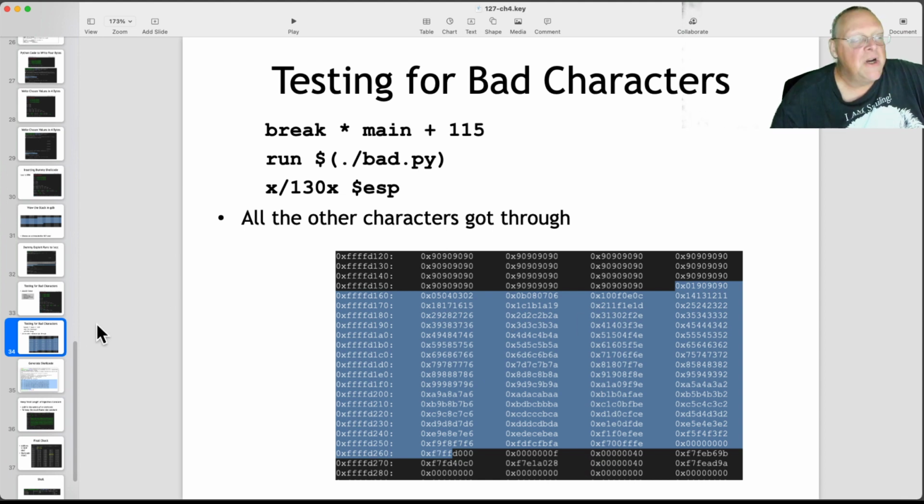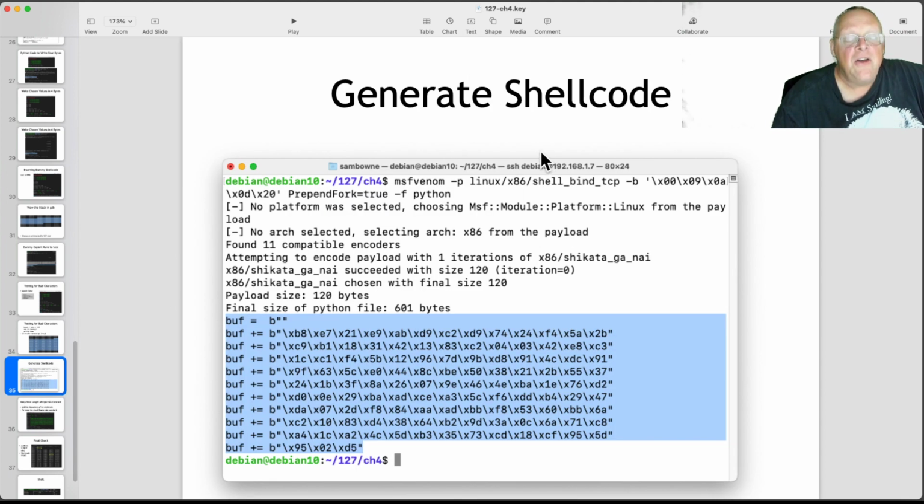So you find out what characters are allowed, and now you can generate real shellcode with MSF Venom, which is part of Metasploit. And so we're going to make 32-bit Linux shellcode, and we're going to dodge these bad characters: null, 9, A, D, and 20. Null is 00. I think 9 is tab.